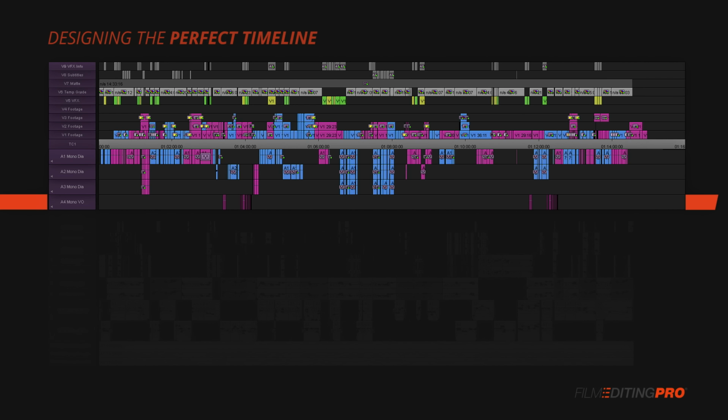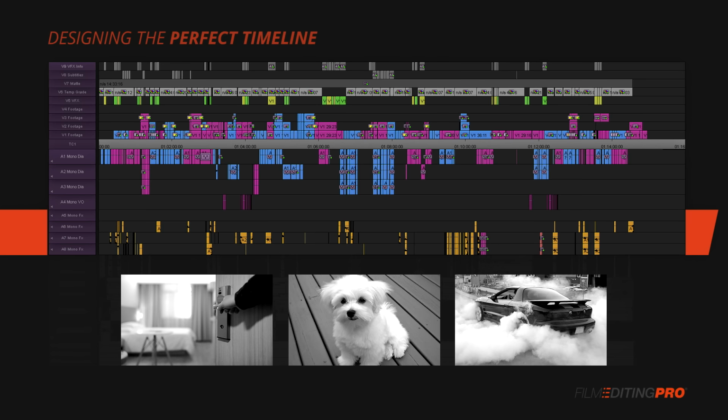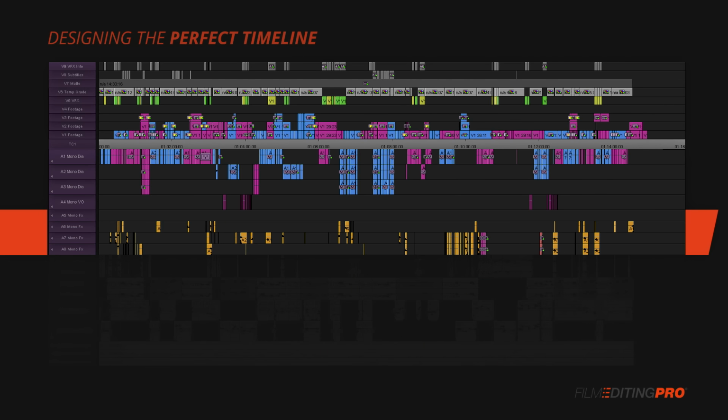Okay, moving down to audio tracks 5 through 8. On these tracks, you'll add your mono sound effects. Use these tracks for simple sound effects that don't benefit from a stereo recording. That includes mostly Foley and other simple effects like a door slamming shut, a dog barking, a tire screech. You get the point. Below these mono effects, you've got 4 more effects tracks on